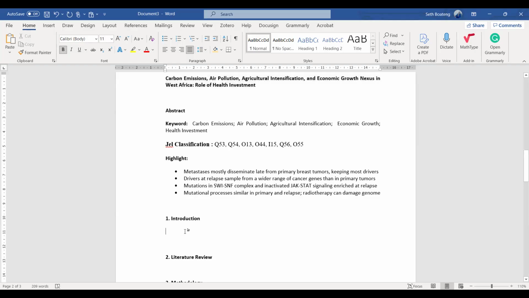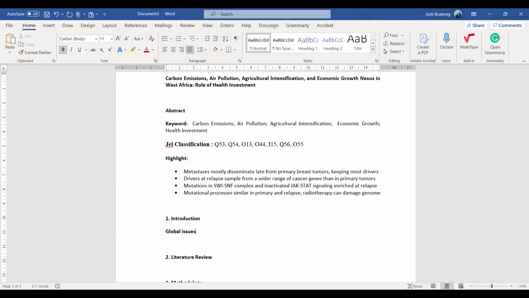So maybe you talk about environmental sustainability, climate issues, and carbon emissions at the global level. You give brief statistics on carbon emissions and how they are affecting economic growth globally, maybe United Nations statistics.